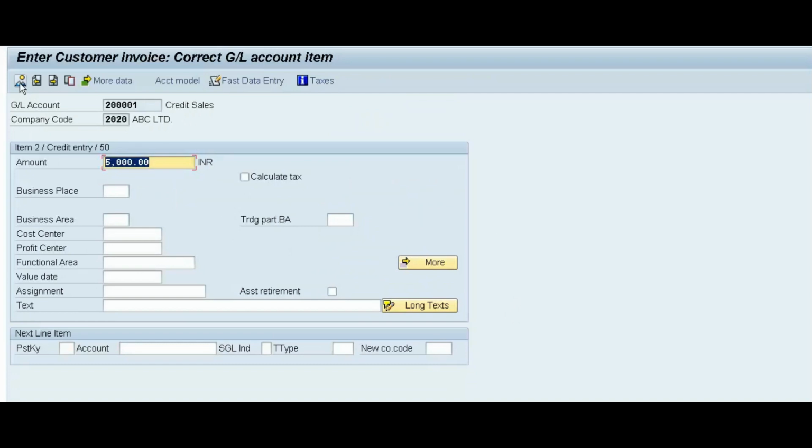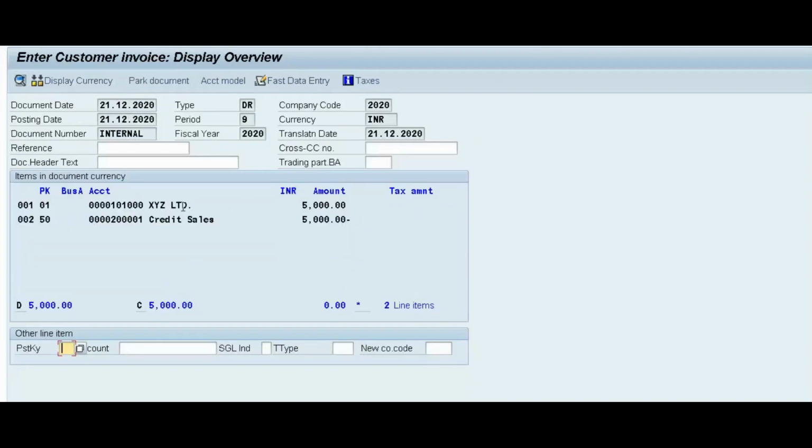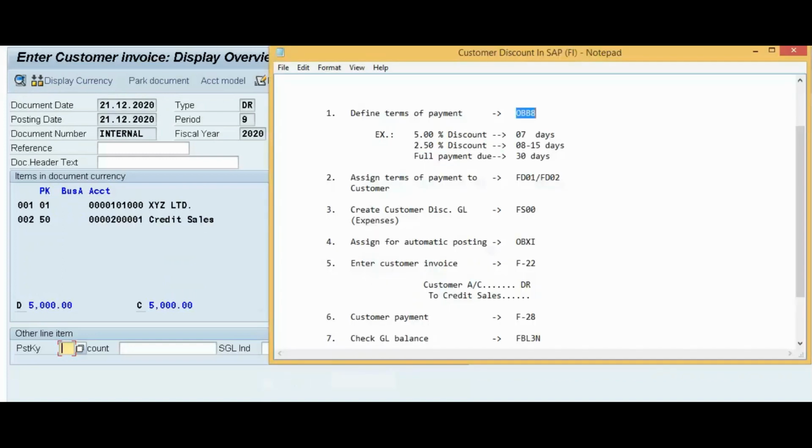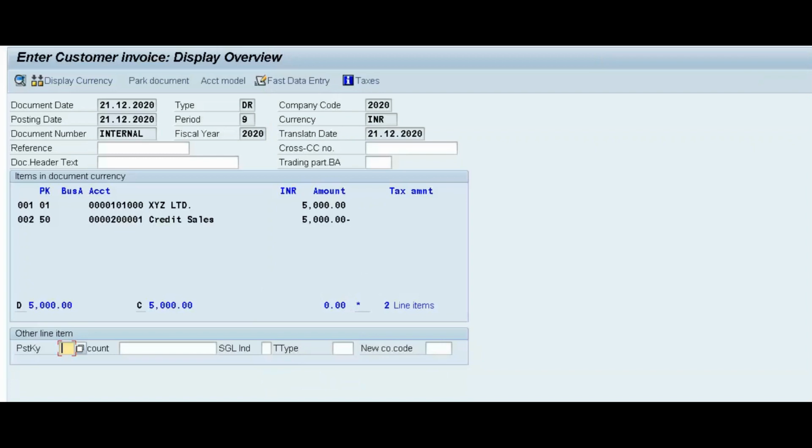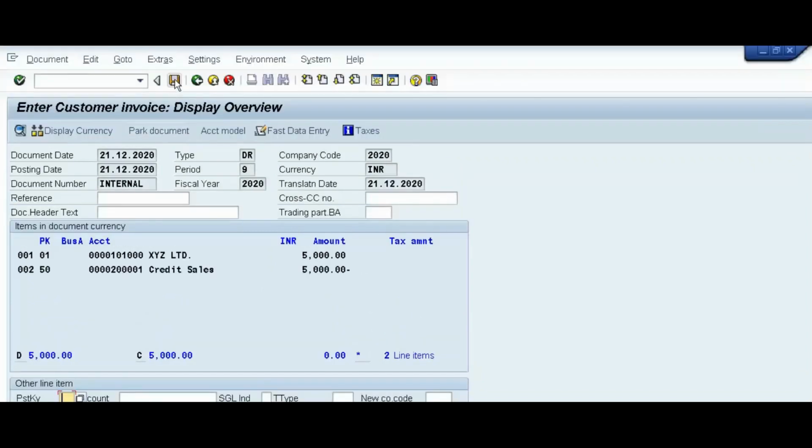Now we will check the entry. XYZ Limited, this is our customer. So customer account debit to credit sales. Okay, customer account debit to credit sales. This is our entry. Now we will post our customer invoice.